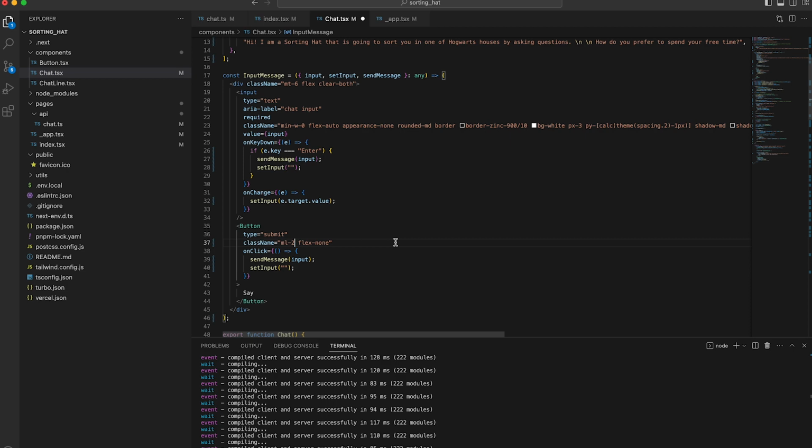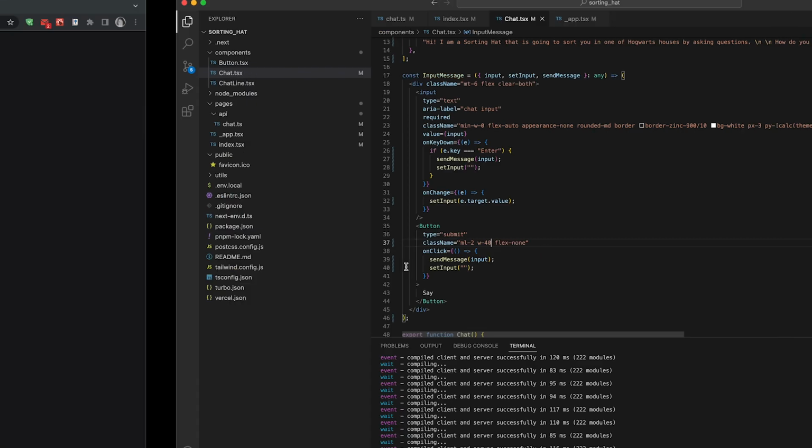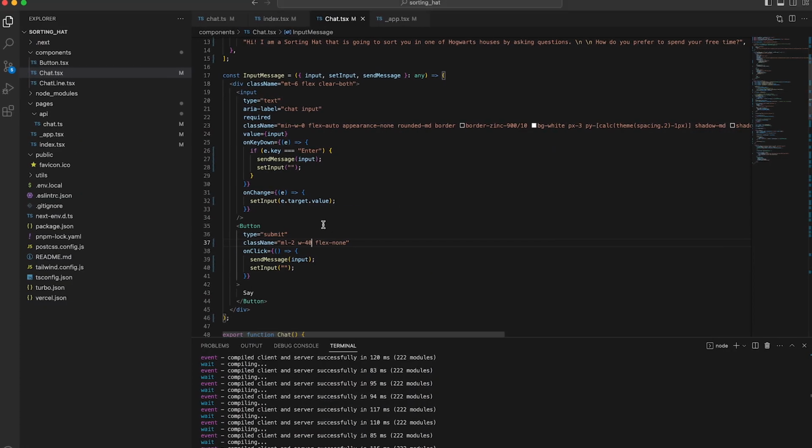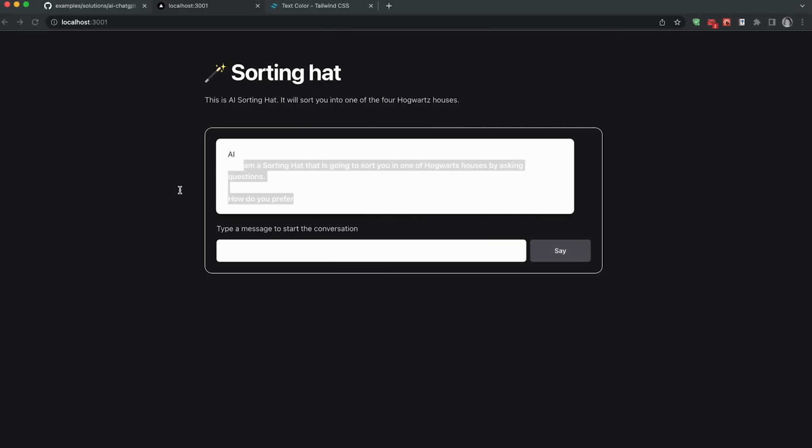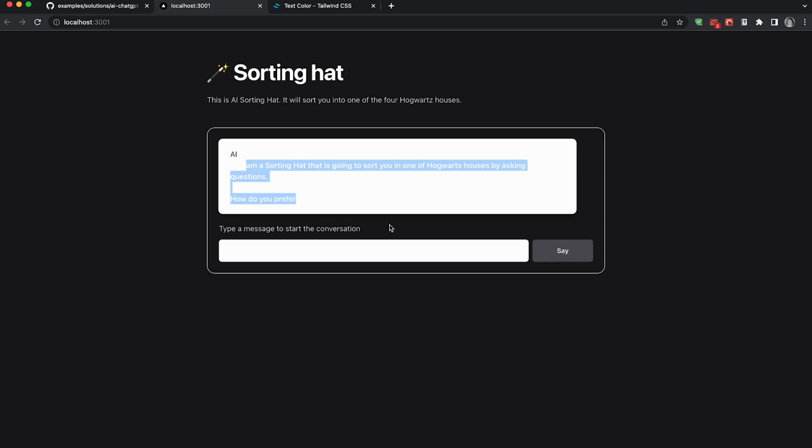Margin left will be 3 and width will be, let's say, 40. I don't know how big it is, probably smaller, and let's add also height, which will be bigger. Now it's a little bit bigger, and I also want to reduce margin top to something smaller. Alright, so I think that's it for the input, and now we need to change this, because this is still